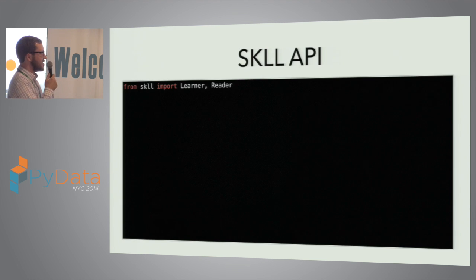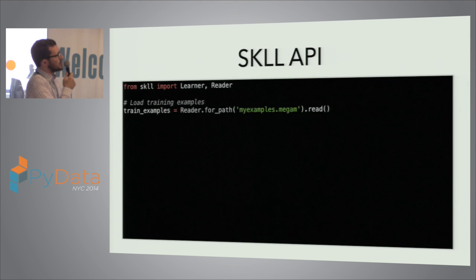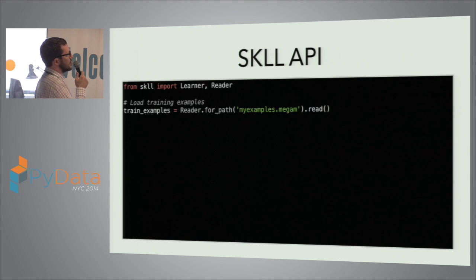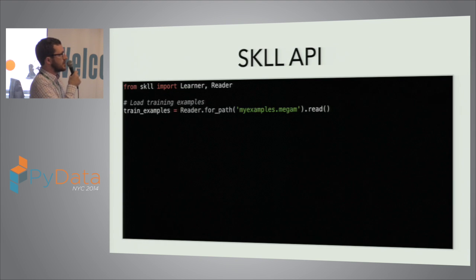So this is actually the Python API, in case people care what that looks like. We've got two main classes we've imported right here, Learner and Reader. You used to have to specify which type of reader you were using for all the different files, like NDJReader, MegaMReader, CSVReader. But then we added a method to the Reader parent class, for_path. So you can say, I just want the reader that works for this file, and this file ends in .megam, so it does a simple lookup and says, okay, that extension maps to this class, MegaMReader. And then you just call .read on that